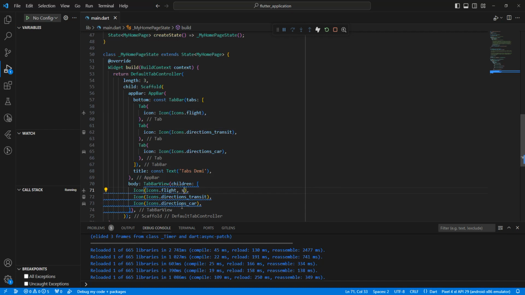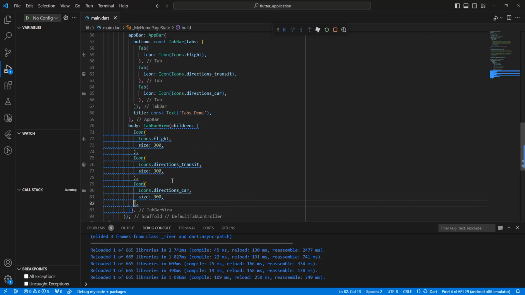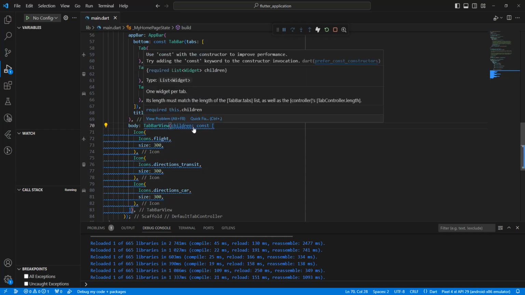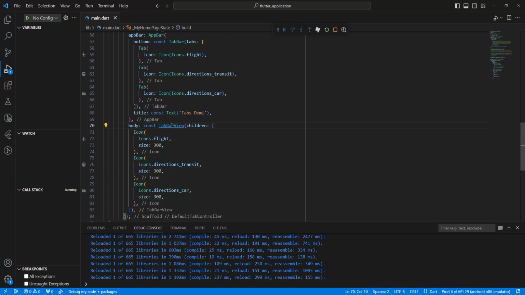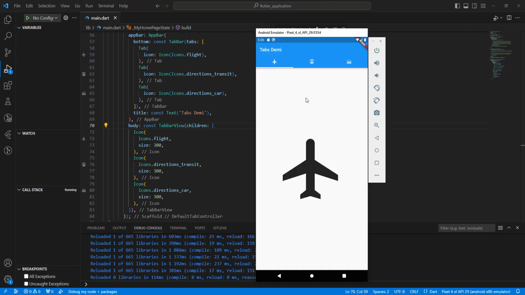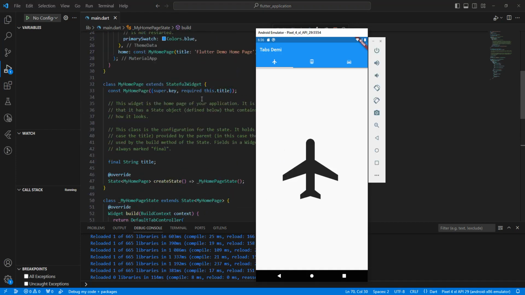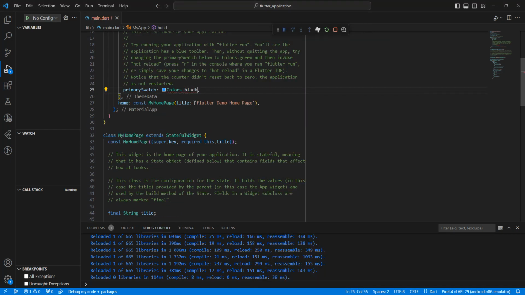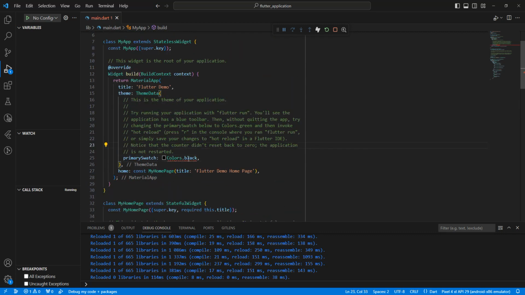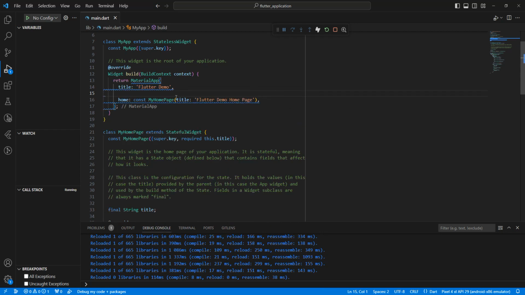then write size 300, save, hot restart, and we can remove them,